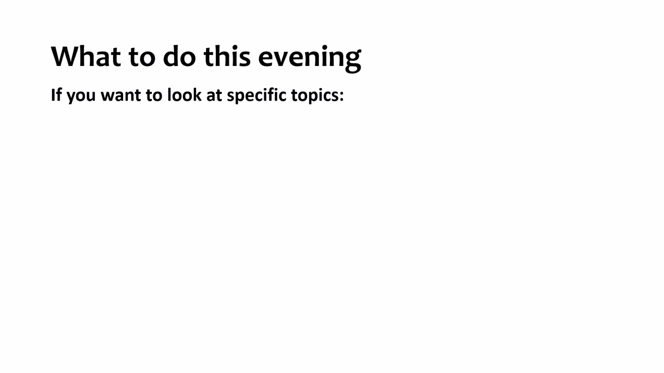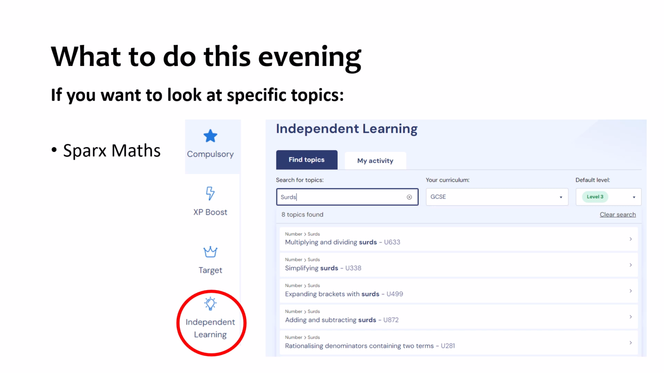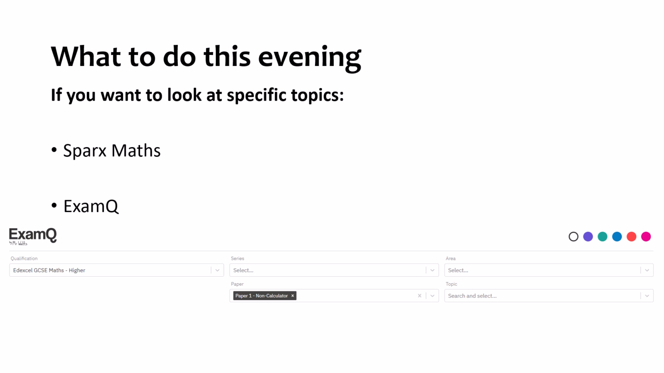If you look at exam papers, then you'll cover lots of things, but if you do know that there are certain topics you want to work on, one place you can go is Sparks. Just make sure to go on the independent learning button down here on the taskbar on the left, and then set your filters up correctly, so making sure that the curriculum is set to GCSE. You could also look at ExamQ, examq.co.uk. Again, there are a couple of filters that you need to keep a close eye on. This one, you'll need to make sure it says Foundation for GCSE Maths,